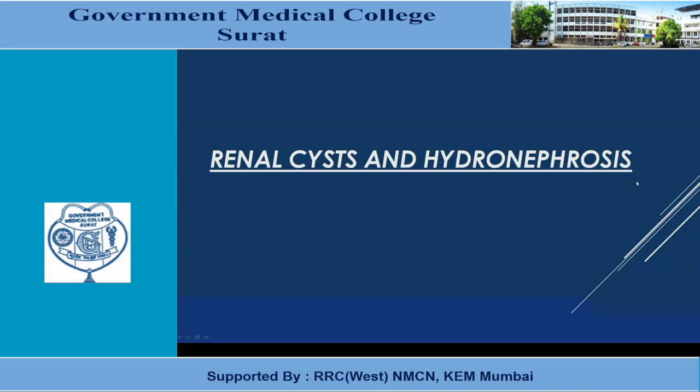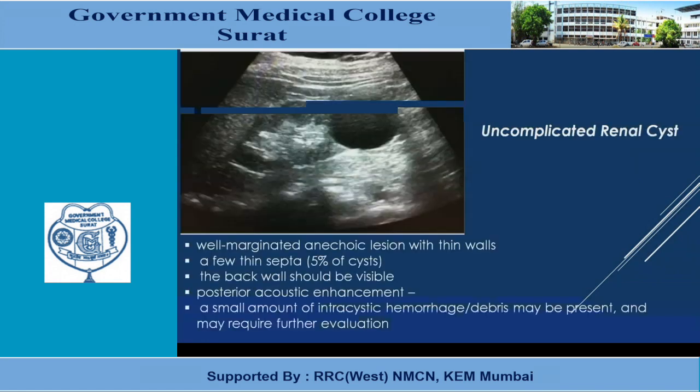Now, a few renal cysts and hydronephrosis. Renal cyst, how it appears on ultrasonography. These are anechoic, simple, well-defined cystic structures seen at the lower pole of the kidney. We have no internal septa, no enhancing, no internal solid component. So this is an uncomplicated simple renal cyst. It has intraparenchymal and exophytic components.